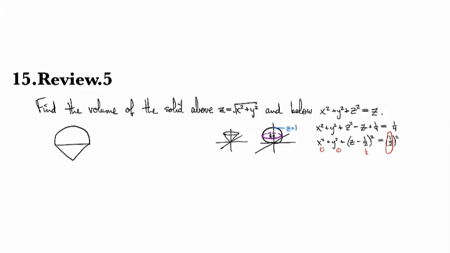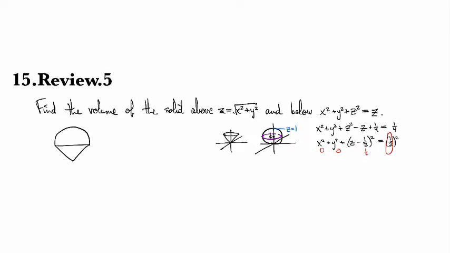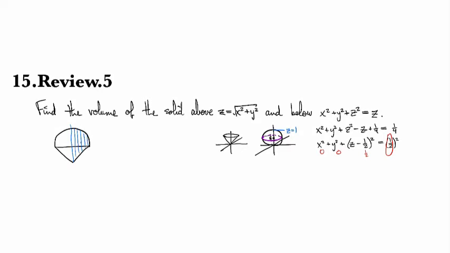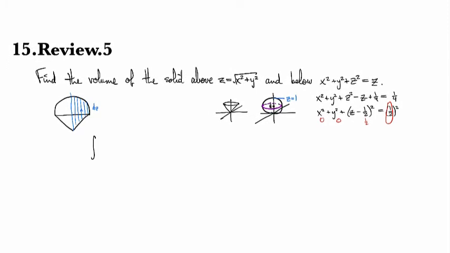We've got actually a full half sphere sitting up on top of that cone. Okay, so let's see. So this looks like maybe a good candidate for cylindrical coordinates. So I might start in on that. Turns out it's actually not a good candidate for cylindrical coordinates, but we'll see that soon enough. So if I were going to set this up doing a dz integration first, then I'd be looking at going from bottom to top through this solid, like so, right? And so I would be going from z equals r up to z equals,